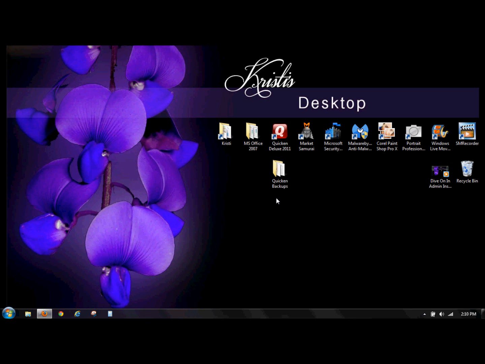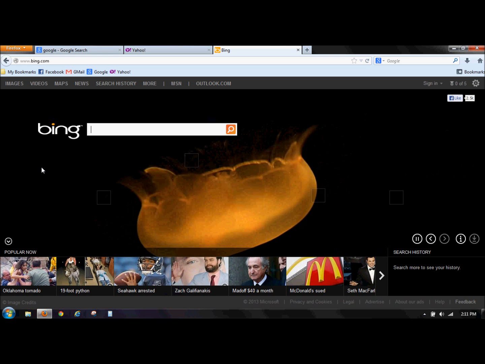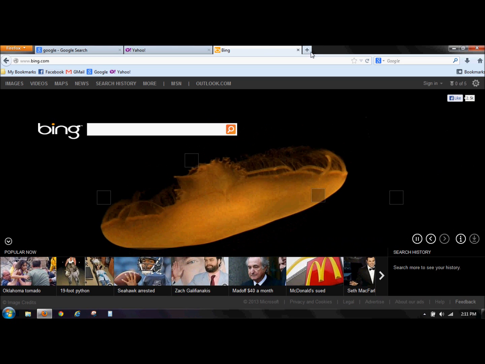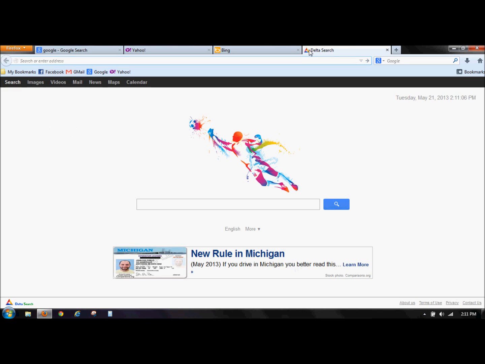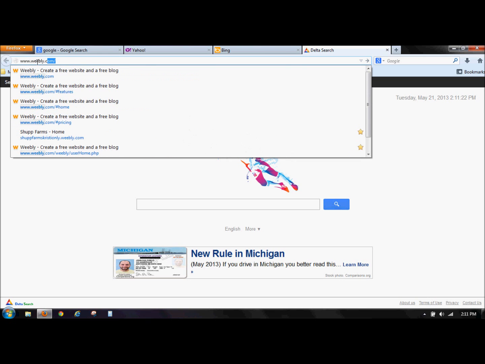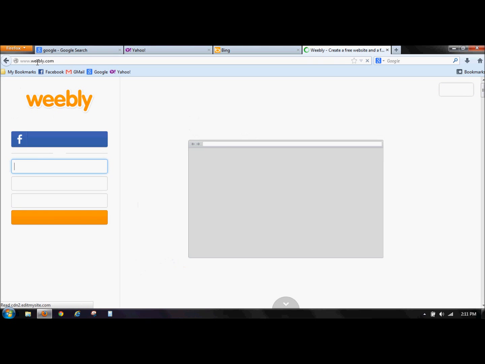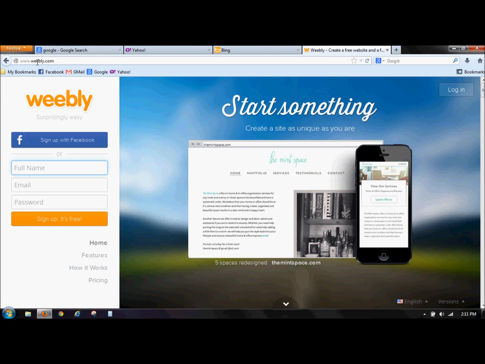But anyways, let me show you a couple of things here that you're going to need to know. The first thing, let me open up a new internet browser here. Okay, the company that is hosting your website is Weebly. So if you go to www.weebly.com, you're going to pull up their page, and this is where you will log in in order to admin your